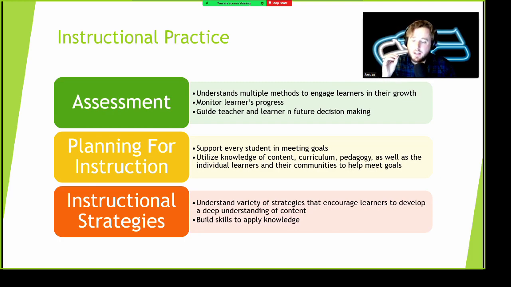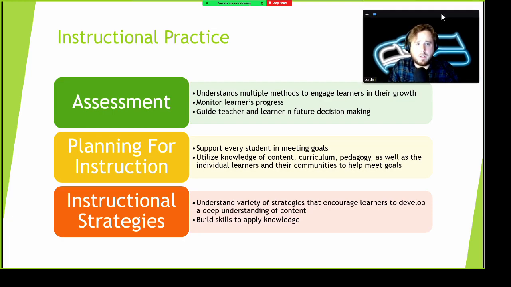We need to create a path for each individual learner and help them meet goals, because maybe not everyone's best destined for college. I've mentioned that in my last paper. Maybe someone just needs to basically get a passing grade so they can move on to the next grade. And I don't want them to think of that education that way, because they need to be able to apply what they learn in the real world. It's not just about getting a grade. But grades are a part of education.